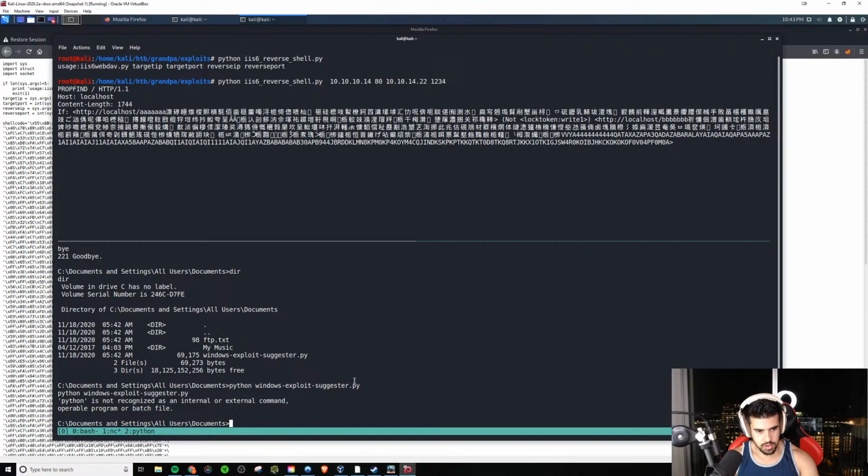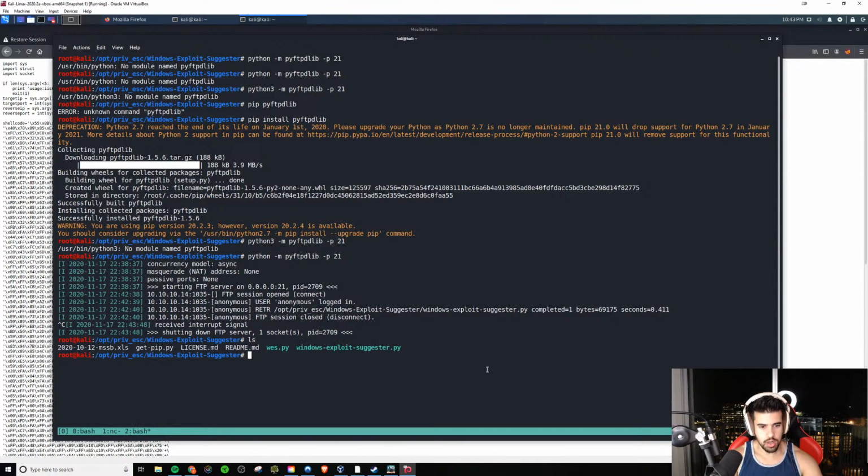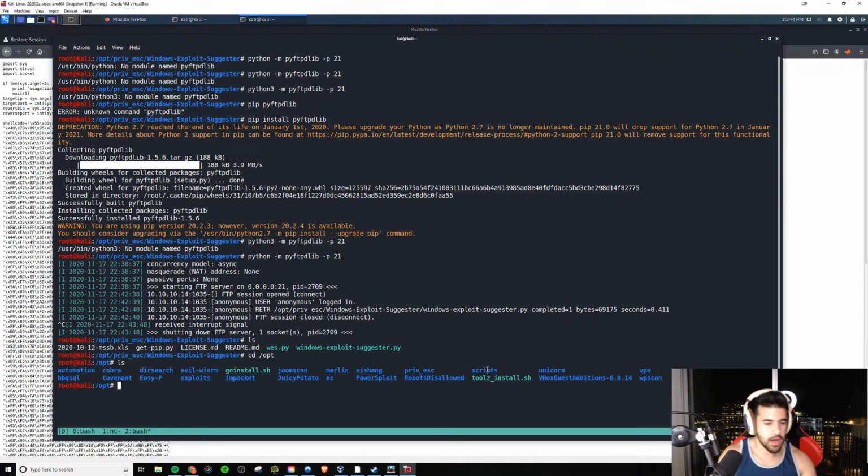All right, what about... Okay, let's see what we can do then. We might need to... Oh, okay, here's what we're going to have to do. Oh, right. You know what I forgot about is I should have an exe version of this somewhere. Somewhere I should have an executable. I think I have it in opt somewhere. Let me see. I definitely used to. It might be in one of my boxes, like under my Hack The Box directory, but